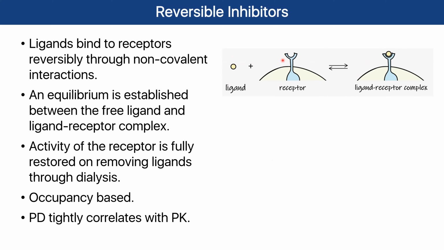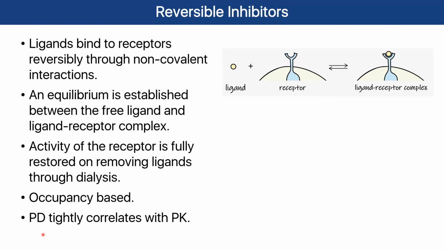And another important thing here is, if you have one receptor, you need at least one molecule of the ligand to inhibit that receptor. So this is so-called occupancy based, right? One receptor needs at least one ligand to occupy it. And I will tell you why this is important, and how it's different from degraders, in the next